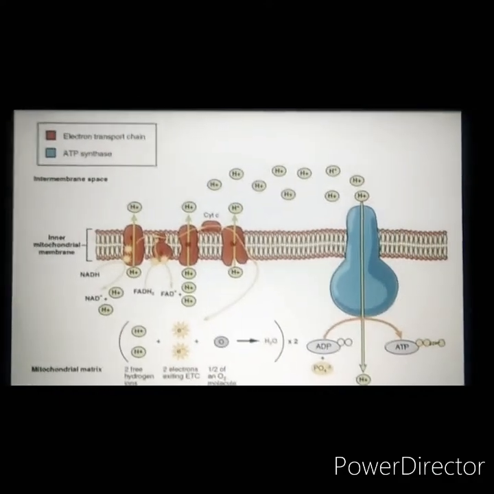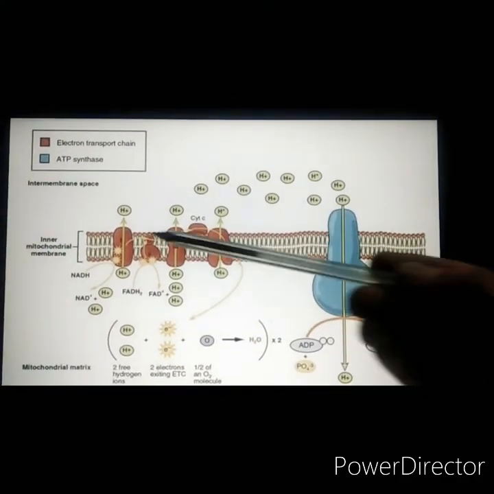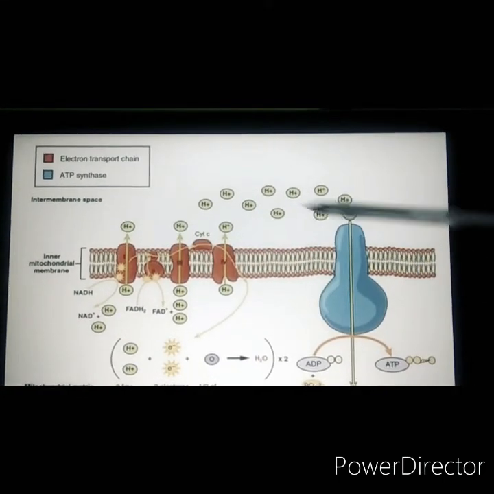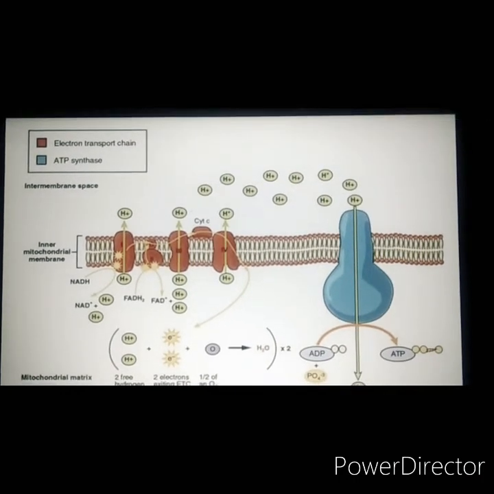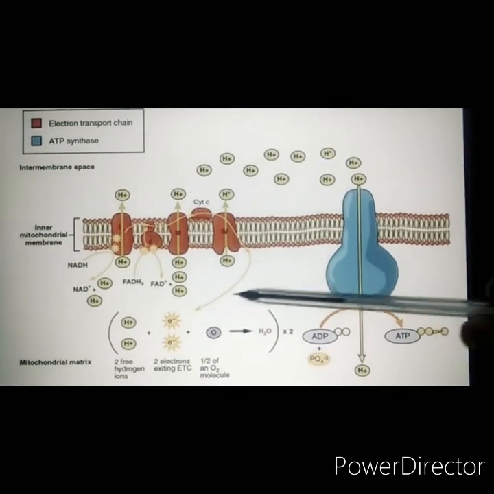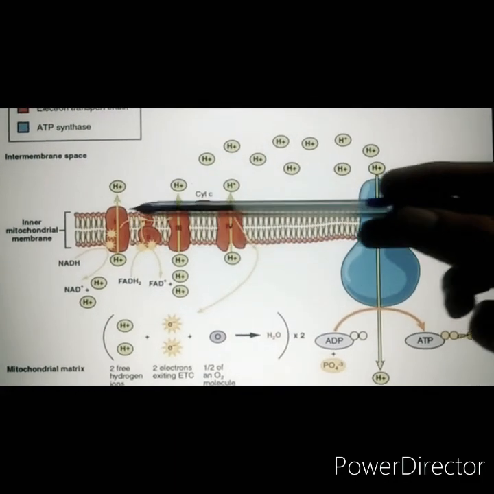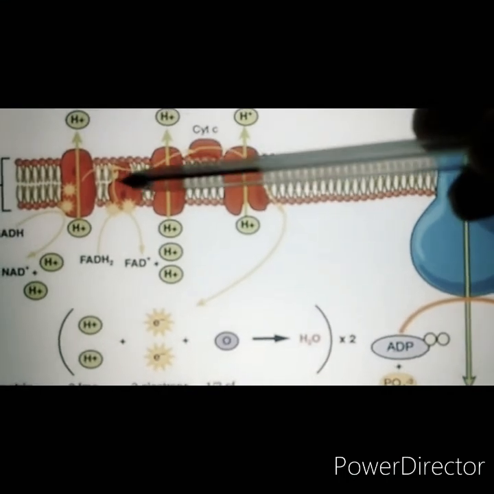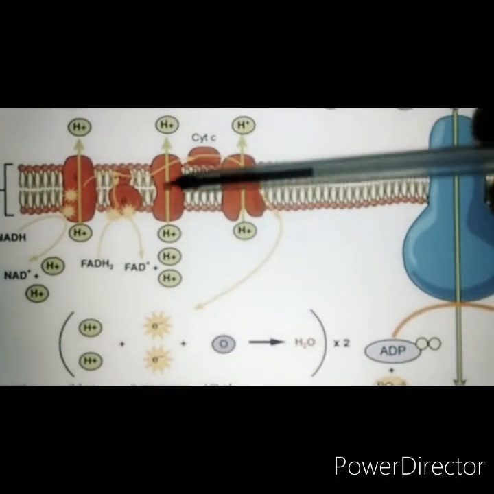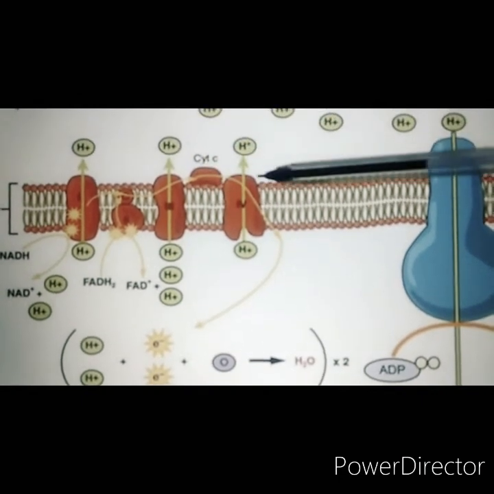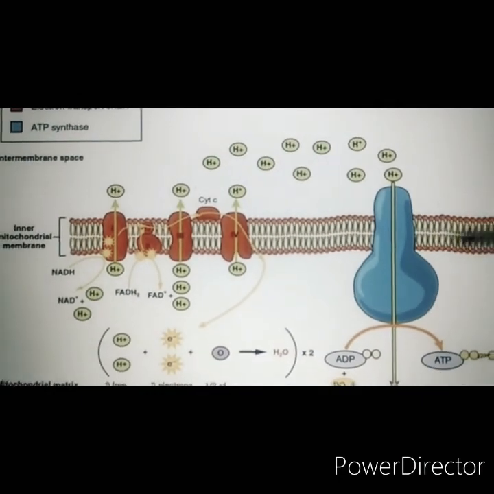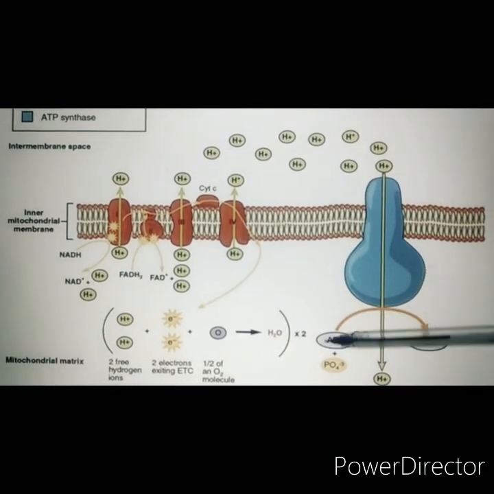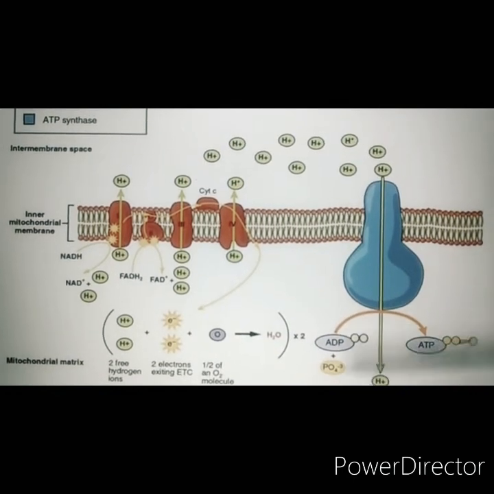So you can see here, this is a clear picture of how these complexes are embedded in the mitochondrial membrane. This is intermembrane space. Outside this is the outer membrane, and this is the matrix. This is complex 1, that is NADH dehydrogenase. The second one is the coenzyme Q, as well as complex 2. The third is complex 3, here cytochrome C, and complex 4. And this blue colored complex is ATP synthase, which utilizes all the protons, generates the energy, and helps in synthesis of ATP from ADP and phosphate.